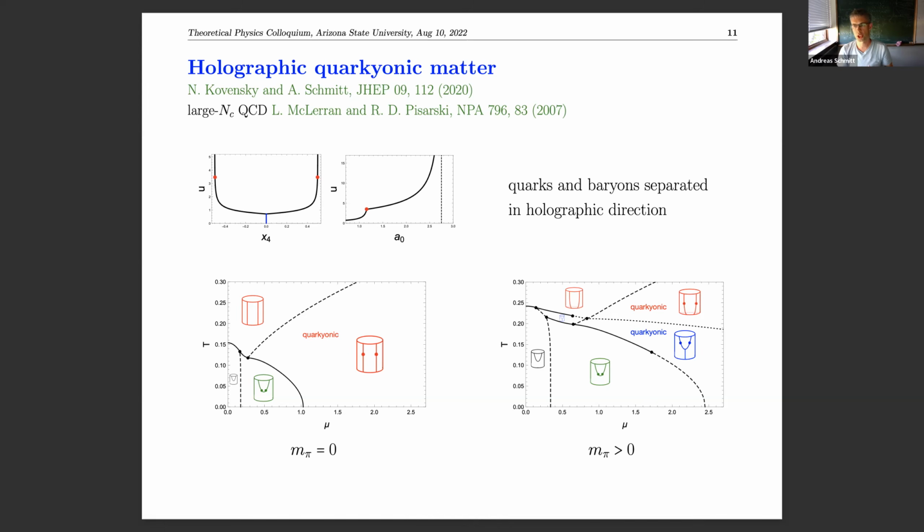So a layered structure in momentum space. And what we found in our holographic model, actually without searching for it, it somehow dynamically emerged, is something very similar. And we can do this completely consistently. We can compare this phase with other phases, localize this in the phase diagram. And the reason why we call it quarkyonic is as follows.